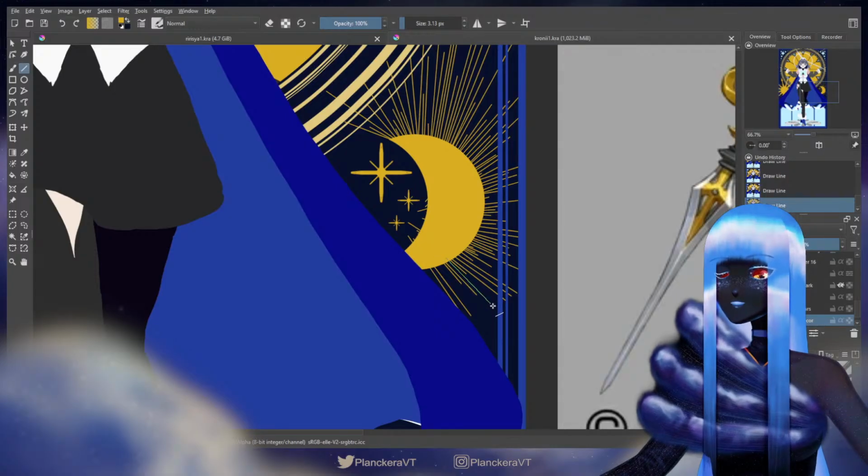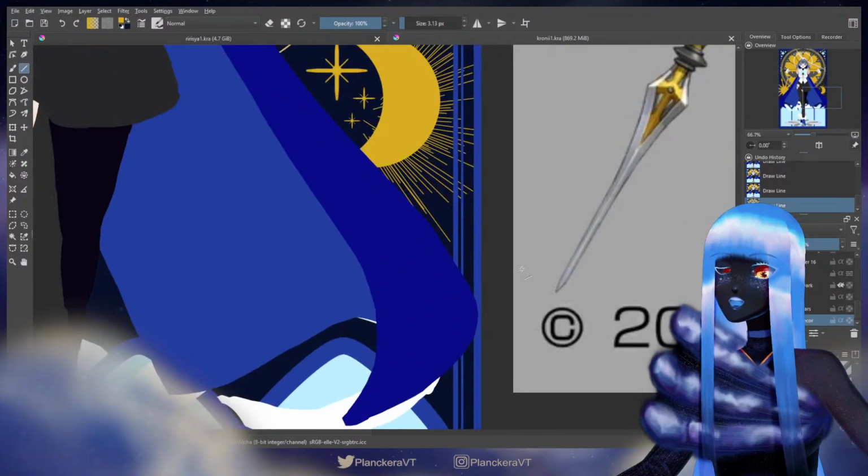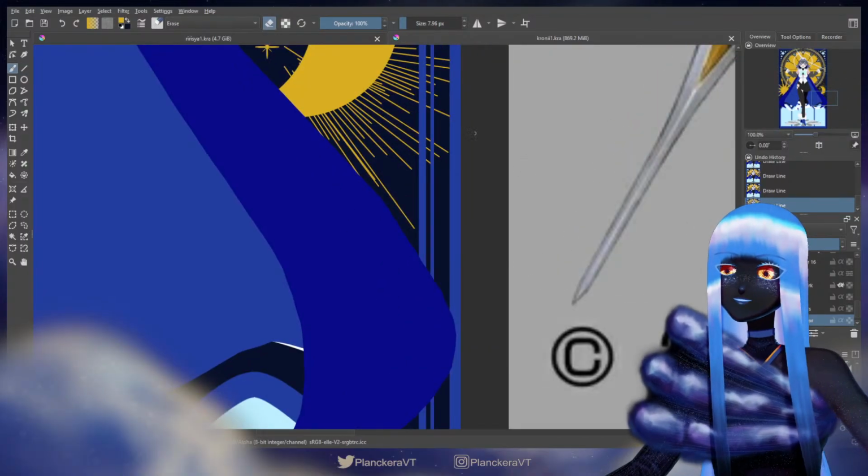But there we go. I think this is almost all the ones that I want to have here. So then I can do my erasing. And I'll probably do some decorations on the stars. I don't know what yet, but they're feeling a little boring. But yeah, I think this is good.